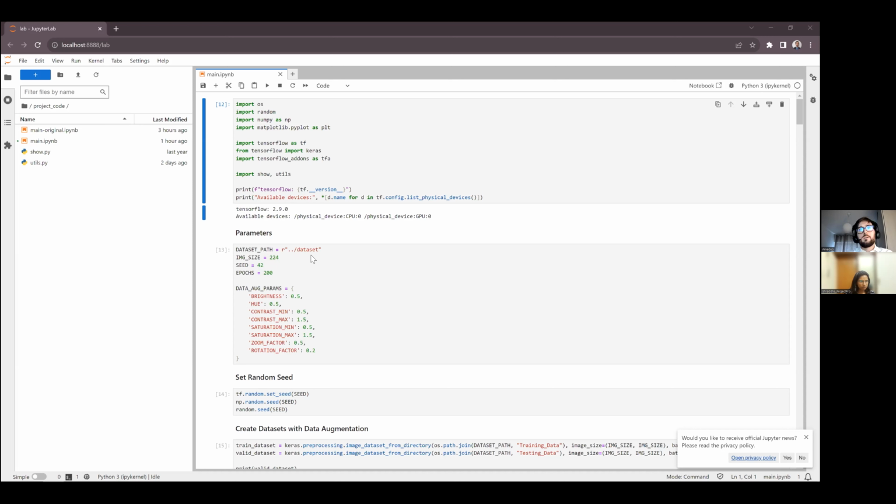Someone asks about sending the code files by mail. I don't know, it's possible. Someone is also asking about the dataset and whether it has been shared with people.